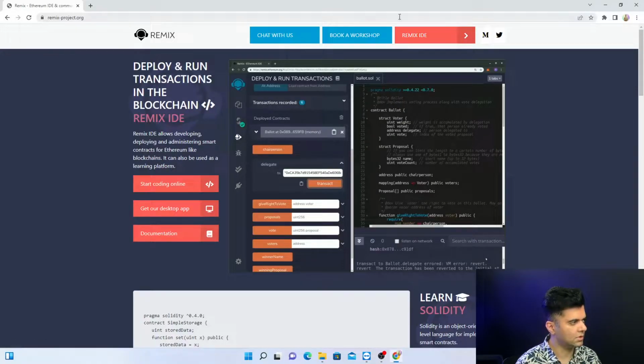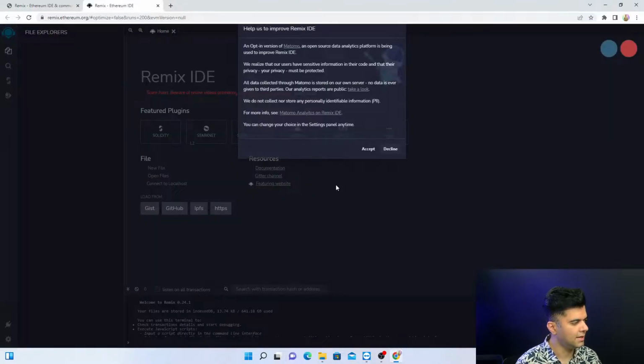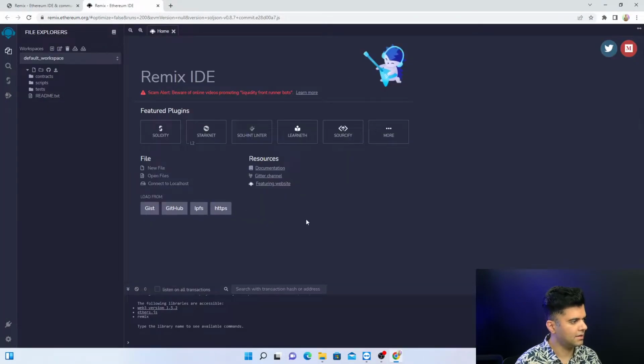So remix-project.org, and then you click on this Remix IDE, and here we'll write some code that you probably won't understand right now, and that's completely all right. The main thing is to write the code and to get started rather than to understand it. For understanding, we'll have all the videos that we'll be following. Okay,